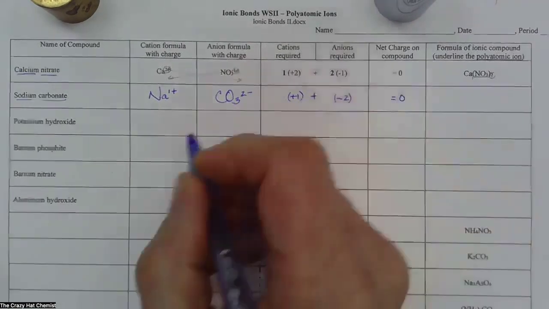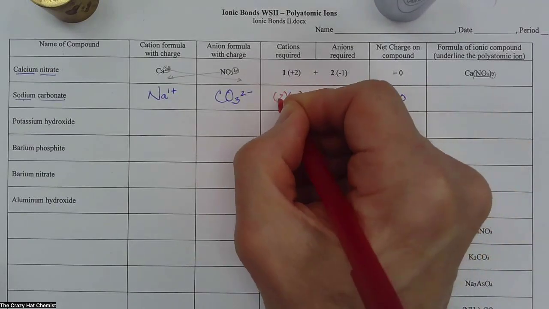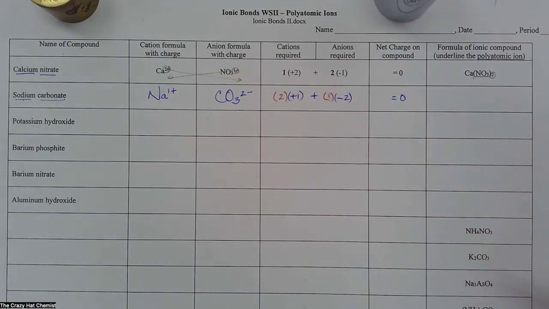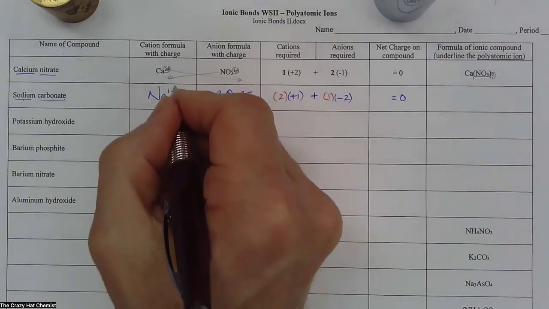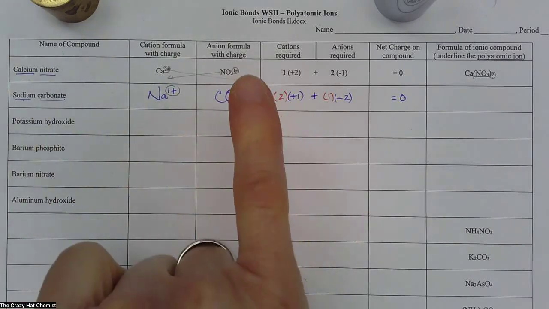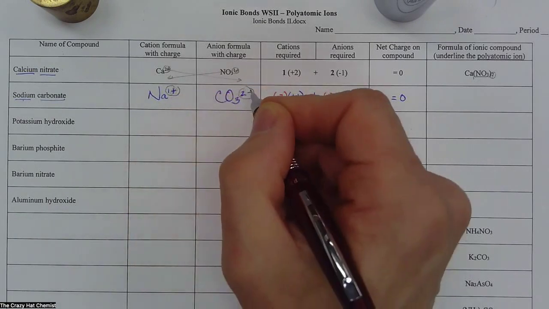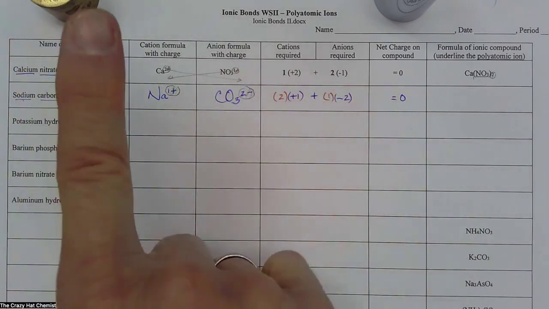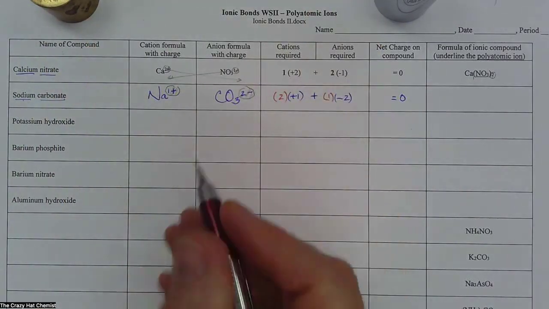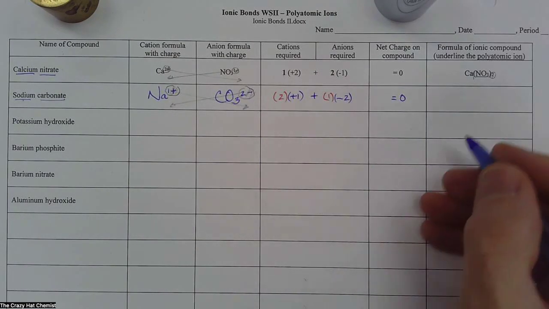And how do I do that? Well, I'm going to multiply this one by 1. I'm going to multiply this by 2. That would give me a sum of 0. The other really short way to do this is to take the bull by the horns, and that is to take the index finger of a 1 plus the pinky finger of a 2-, get rid of or hide out the positive and negative charges, take the 1, the 2, flip the numbers, bring it down. That's why this 2 belongs here, this 1 belongs there,